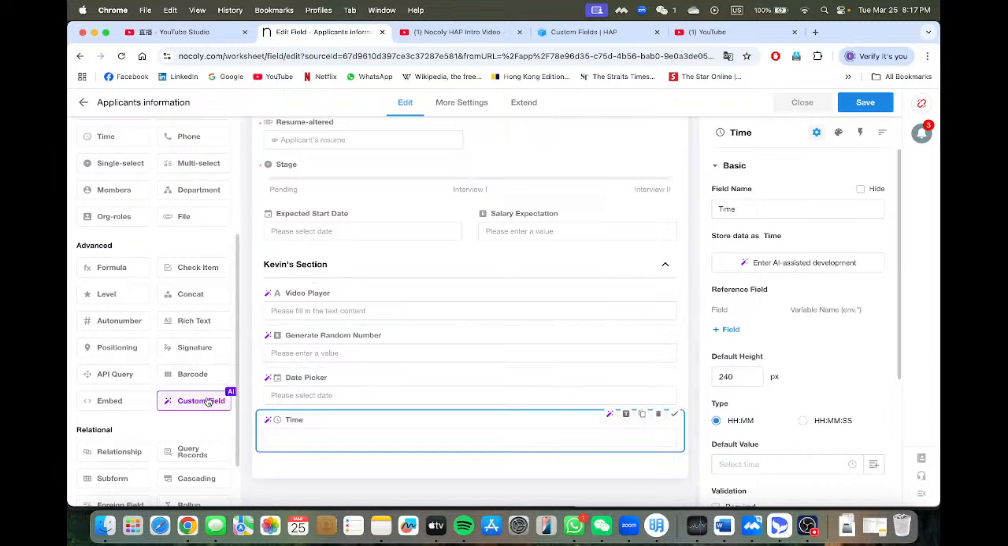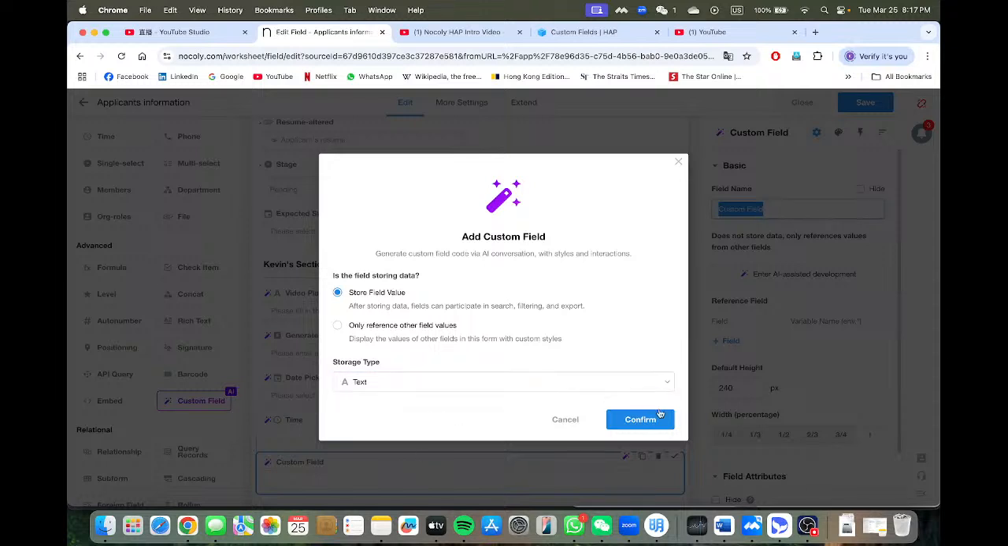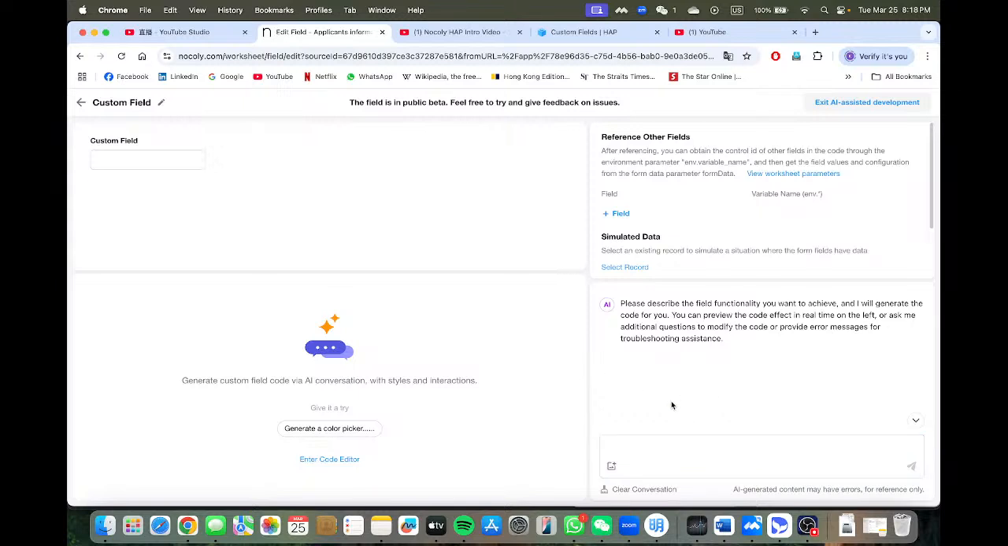Okay, I will try to create one more field again, or a few more, and this time I have an idea like text. Maybe I'm thinking that I want to create a field that allows the candidate to select the color, because maybe I have some requirement, like maybe for the application I want to create, what color is the best color. Okay, so maybe this time I want to create my own requirement. I say generate a color picker,